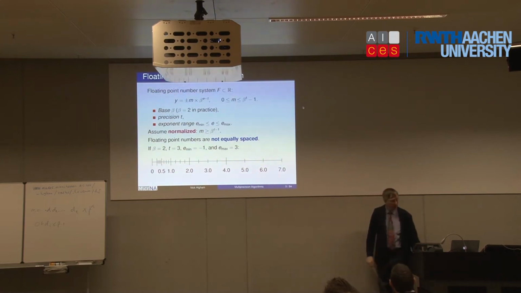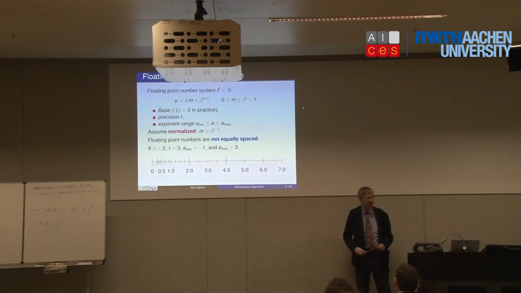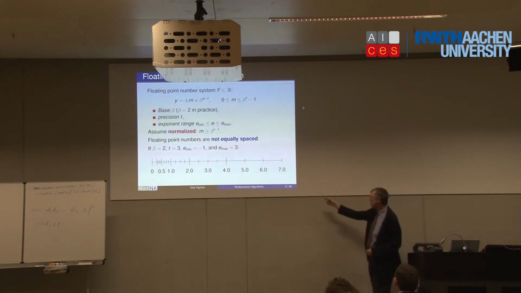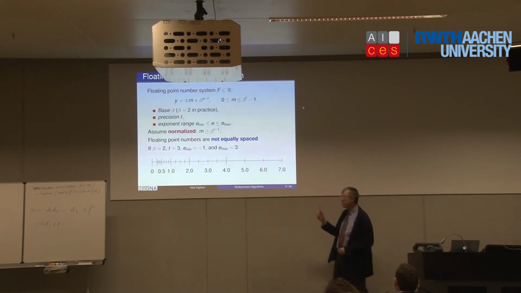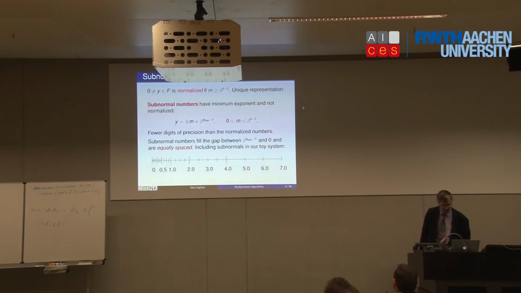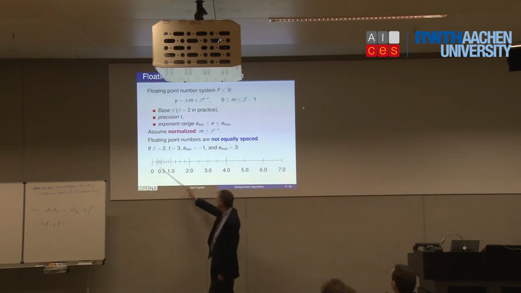So we're working with a subset of the real line. Now normally that subset is pretty dense. The double precision numbers are pretty close together. But once we start talking about half precision, things are rather different. And half precision is much more like this picture here. It's surprisingly so, actually. So that's the set of numbers. There's a gap here between the smallest number and 0.